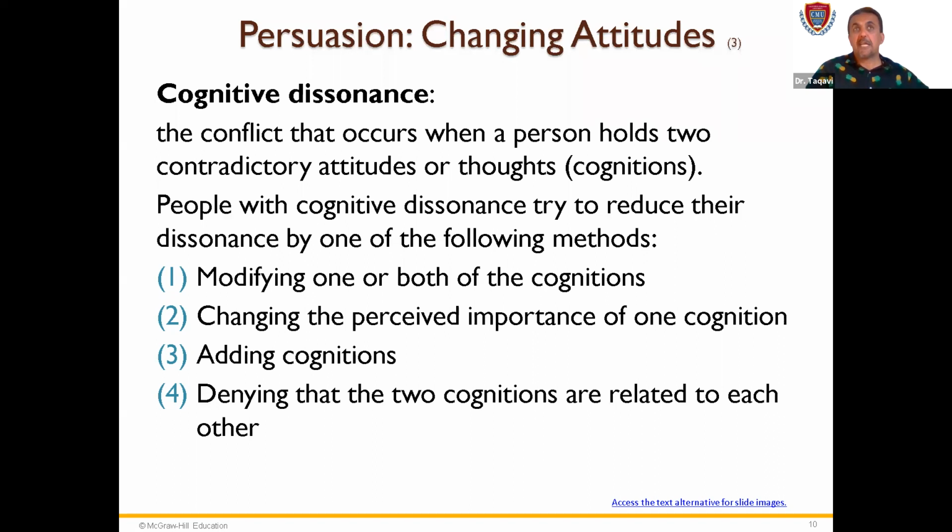How important can you consider one of the issues related to cognitive dissonance? Three, adding new cognitions. And four, denying that the two cognitions are related to each other,